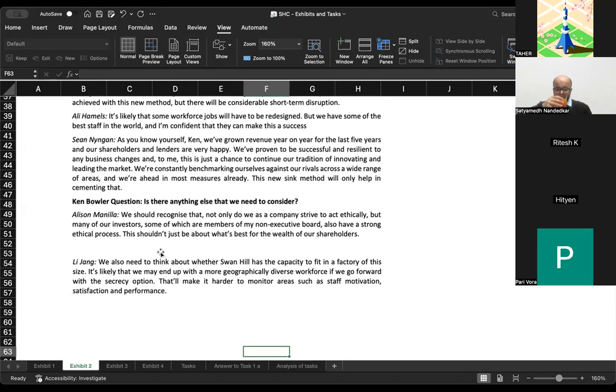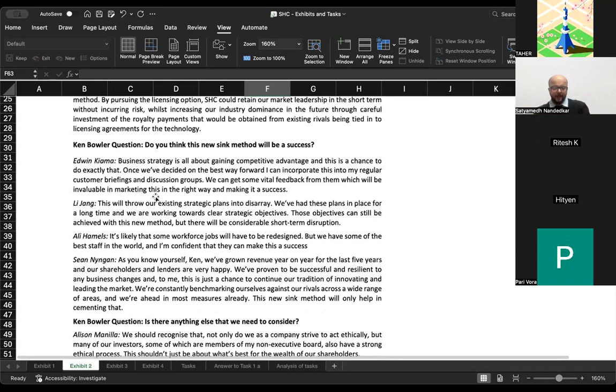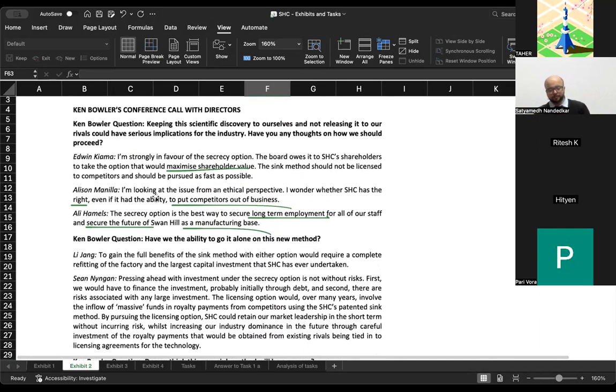Sir, I was saying that this person, Alison Manila, says this shouldn't just be about what's best for the wealth of our shareholders. So, in the point above, which was mentioned in the first few lines, he says that it is for the community members of Swanhill. So, what is the difference between that and the community members of